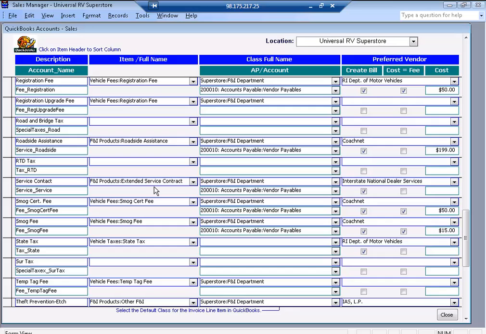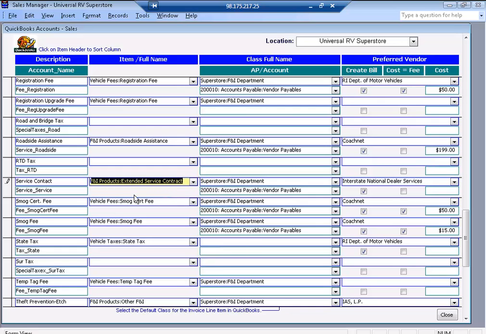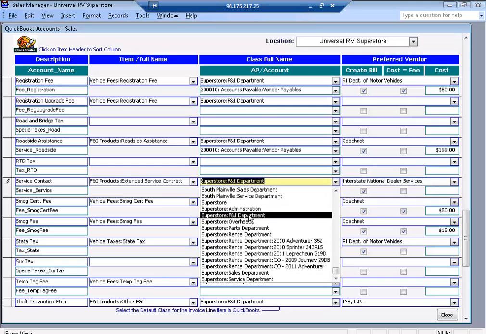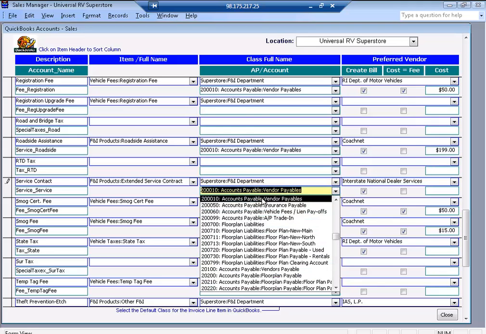Service contracts are one of the items that would be sold with the deal, and here we would just pick from the drop-down. And we can see that we've selected that item from QuickBooks. Then we move to the Class Full Name column, where we select the class in QuickBooks and the Accounts Payable account. We can just select the drop-down,